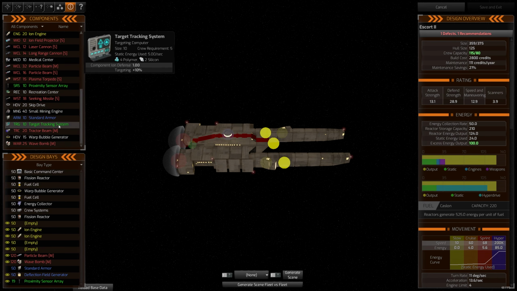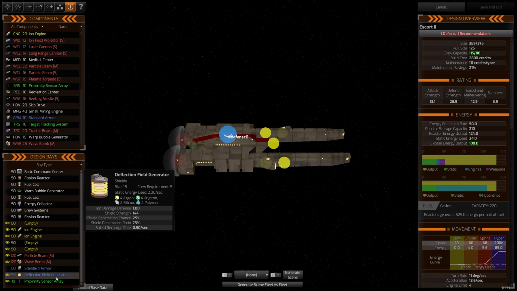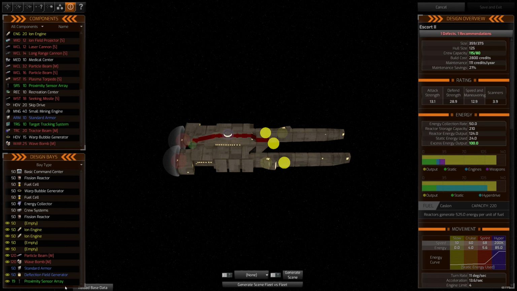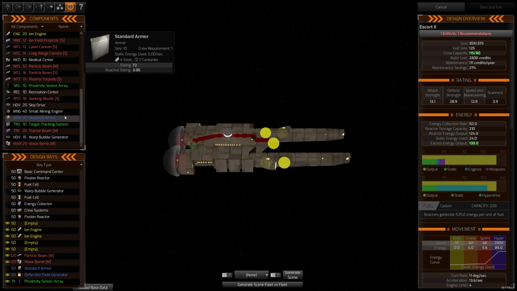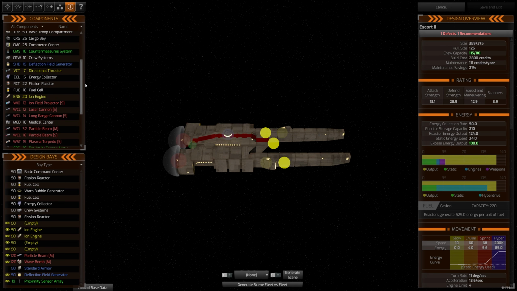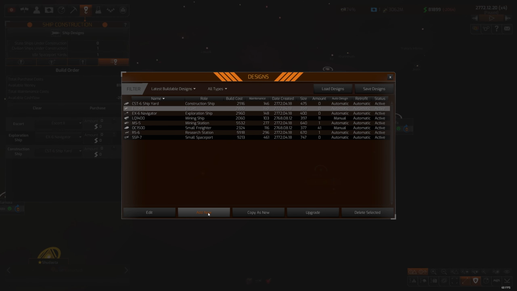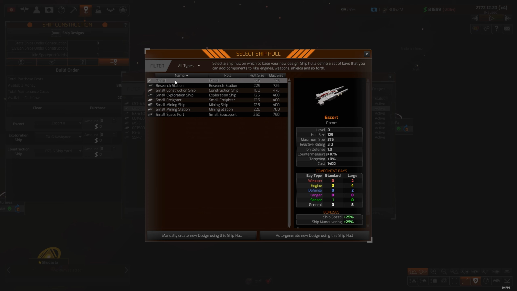We've also got target tracking systems that we could put on here instead of a proximity center. Honestly, with escorts, I'm not bothered about target tracking. But I think I would probably switch the particle beam and the wave bomb for something a bit different. These are very early weapons, remember. So what I'll do is I'll build a ship from scratch, and then you can see how it works, right? So if we go to escort,